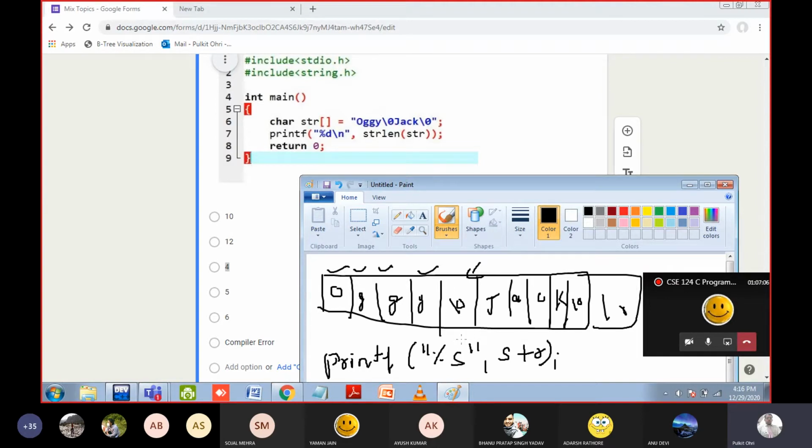Here, the person is confusing you. Actually, they have stored only Augie and the null character, but this is a diversion. This is garbage data. You don't have to see it. If you include the null character and write anything after it, it means nothing. Before the null character you can write meaningful information, but after it, it means nothing, because the null character means it is the end. After the end, you can write anything; it doesn't matter. So never include the null character by yourself. That is the moral here.